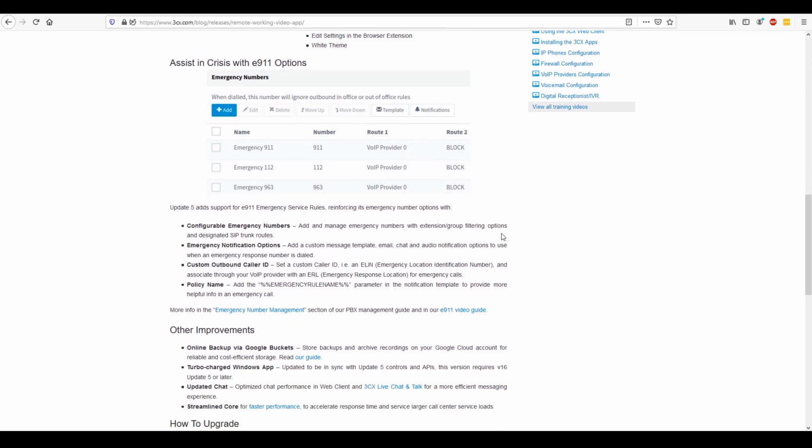Moving on to the new E911 options. So this was highly requested, and there's been a lot of policies in the States especially, and I can see this as well in Europe, where there was extra functionality that was required from calls to emergency numbers. Now, without getting into too many of the specifics of a few of the US cases that drove this,